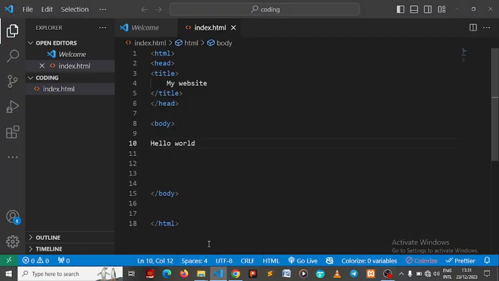Hello. So in our previous class, I introduced you to the basic structure of HTML. We saw the HTML tag. We saw the differences between an opening tag and a closing tag. So today we'll be looking at